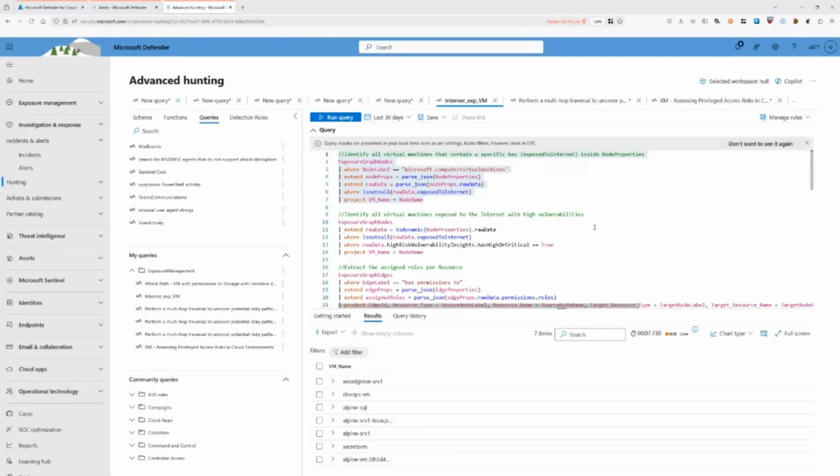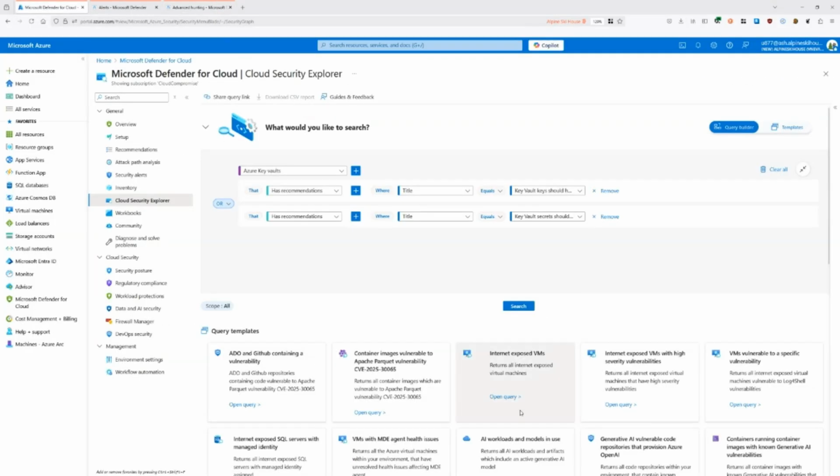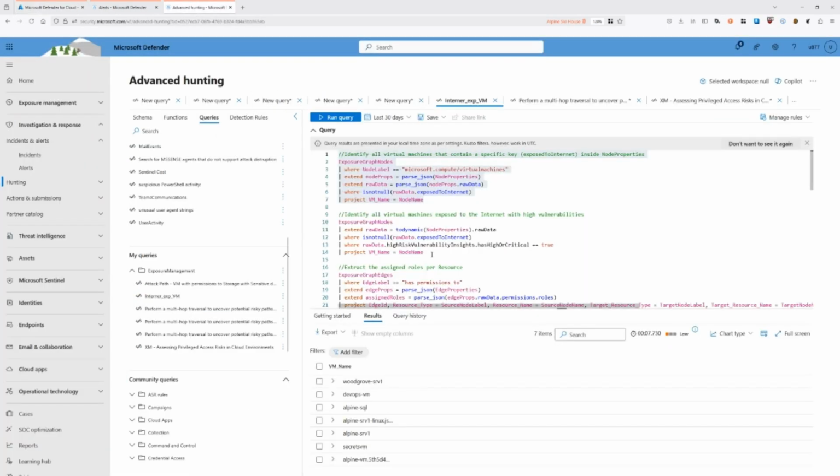Now, going back to those best practices and starting to understand how it works, let's say that I want to now find VMs exposed to the internet, but with high vulnerabilities. Similar to before, there is also a template here too. It's called Internet Exposed VM with high vulnerabilities. I can do that as well very quickly. I can build the query, and if I run it,